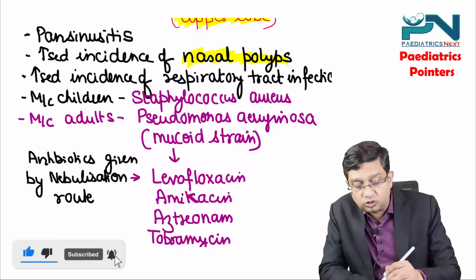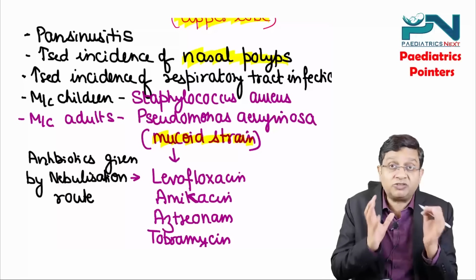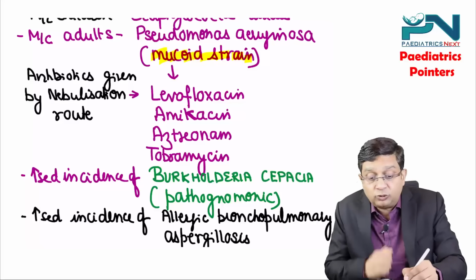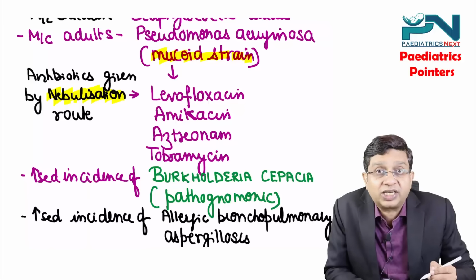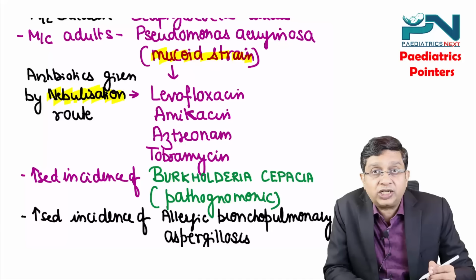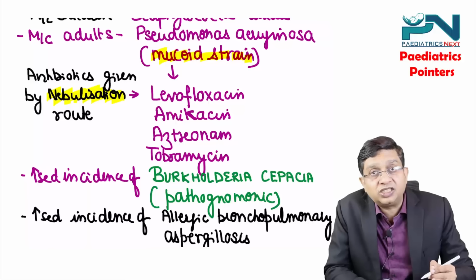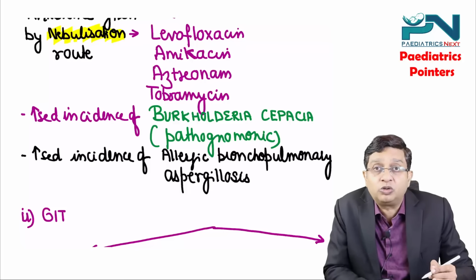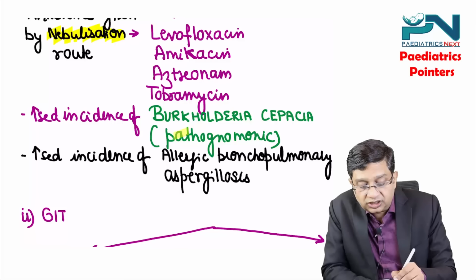In adults, it is Pseudomonas aeruginosa mucoid strain. And what you should specifically remember is which antibiotics can be given by the nebulization route for Pseudomonas. According to Nelson 22nd edition, you can give 4 antibiotics: levofloxacin, amikacin, tobramycin, aztreonam. Then there is also increased incidence of Burkholderia cepacia, and according to the Robbins textbook of pathology, this is pathognomonic